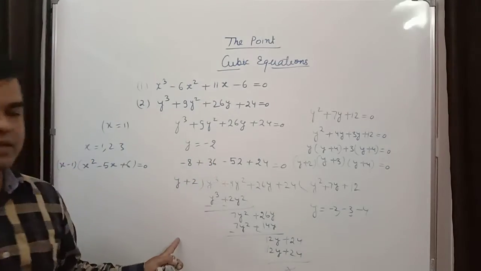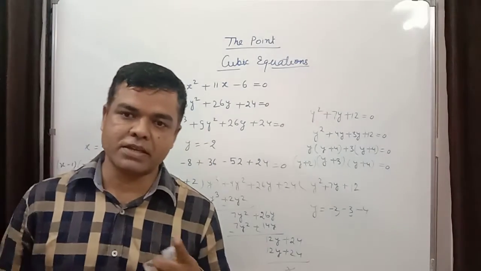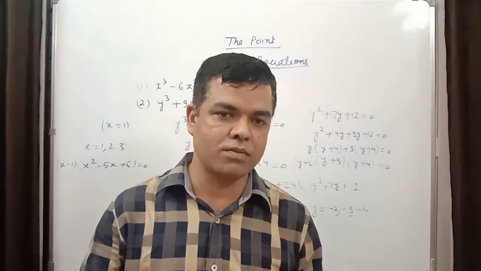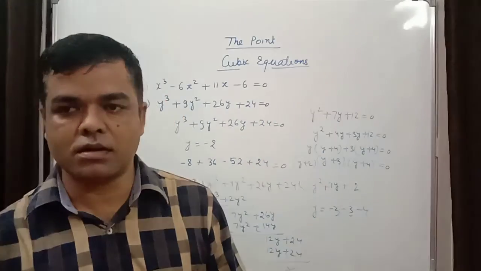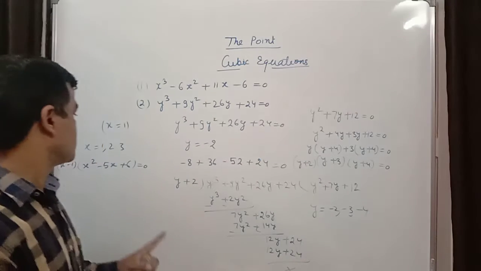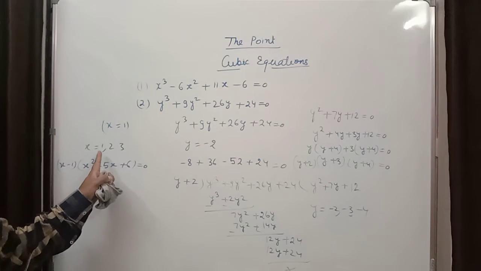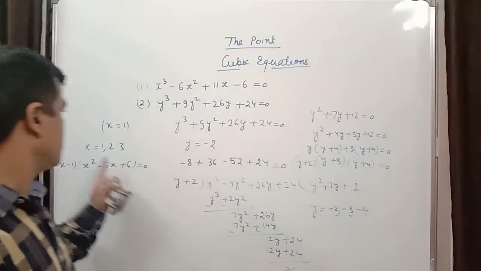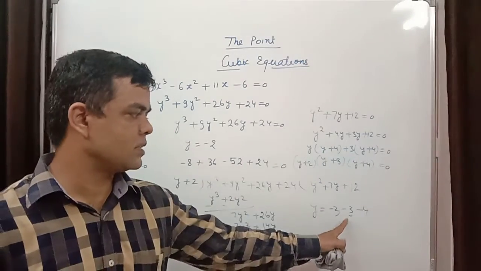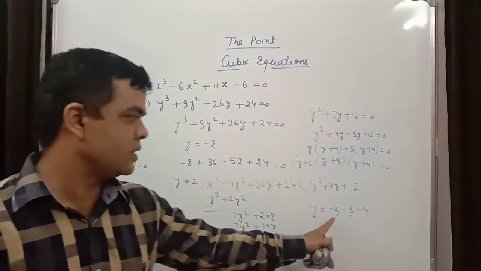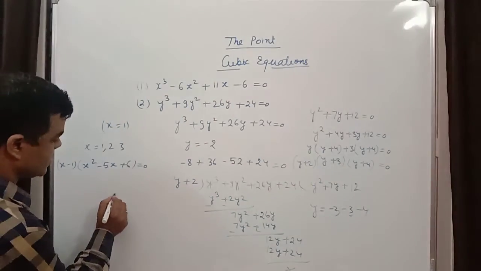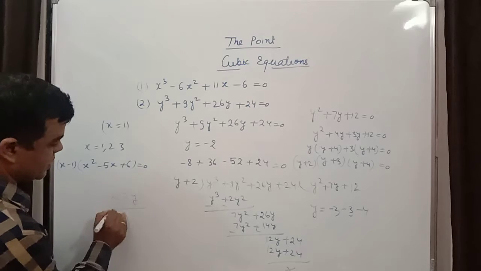So how to compare the roots, I have already told you in the previous video. If you have not watched that video, watch the video so that you will get how to compare the roots. Okay. So now here clearly it is written, every one root we have to compare with all the three. So 1 is bigger than this. 2 is bigger than this. 3 is bigger than this also. So here clearly it is x is greater than y.